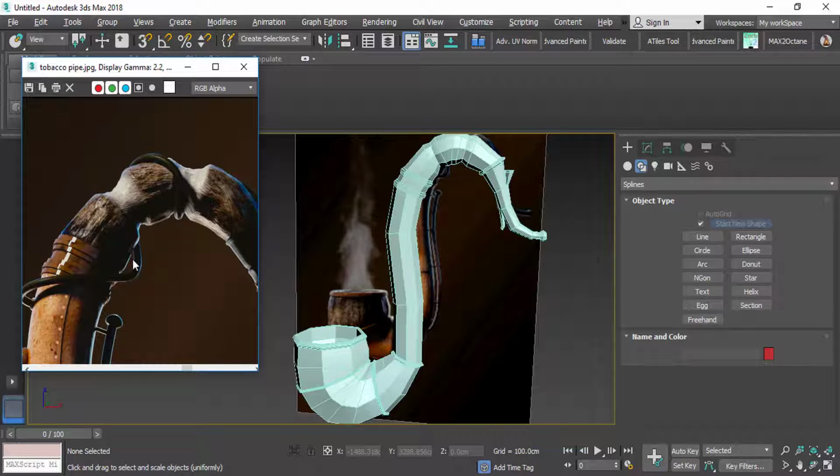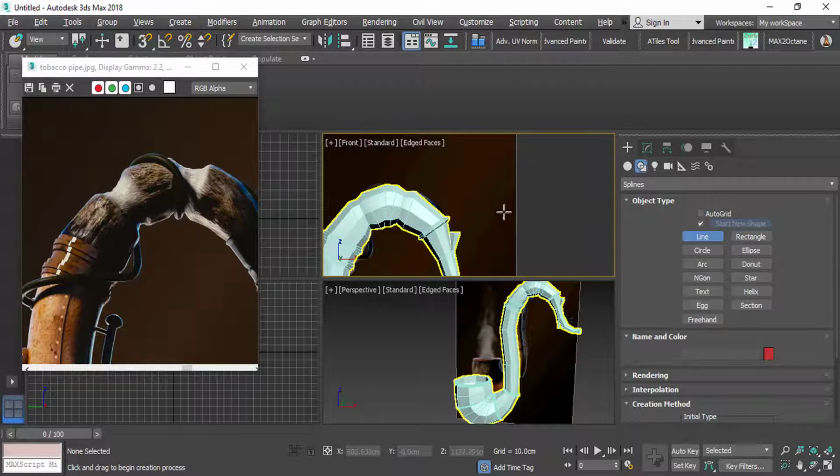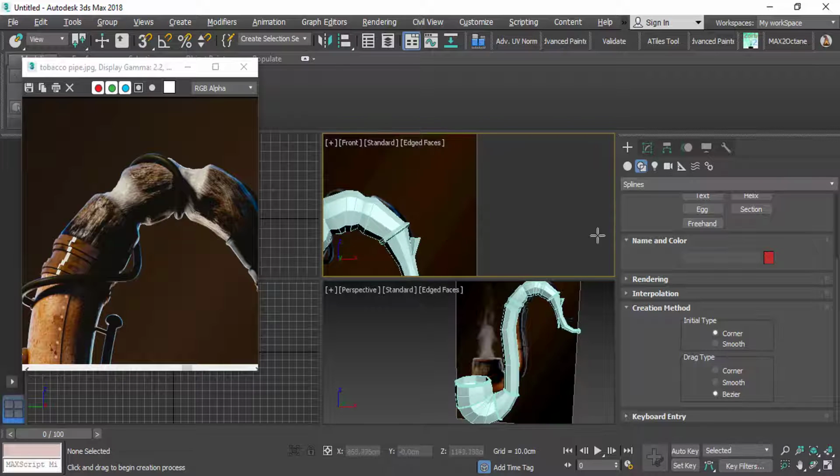But in the curvature, I will have some corners, and my wire will not be as smooth as this shape because of the thing I mentioned. And let me show you. If I want to create smooth lines, I can set the initial type to corner and the drag type to Bezier or smooth. My default is Bezier. And if I click